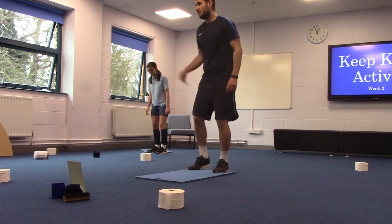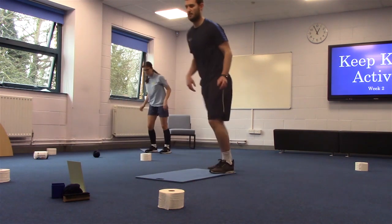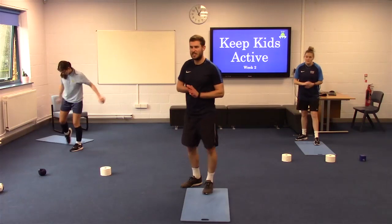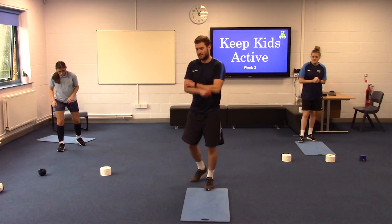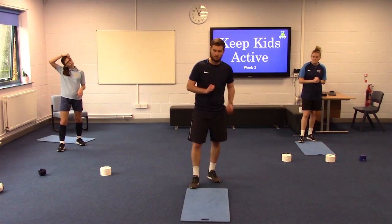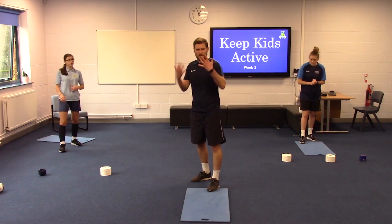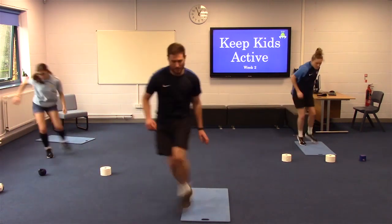Okay, so on my voice, ready, 3, and back. Good. 2. Good. 1. Okay, there's a little bit of agility in here as well to be able to change the directions back from where your object is to get back to the middle. We're going to now go for 5 rounds of this. I'm going to change the numbers around, but you will do all 5. So 15 goes. Okay, ready, 3, back, good, 2,